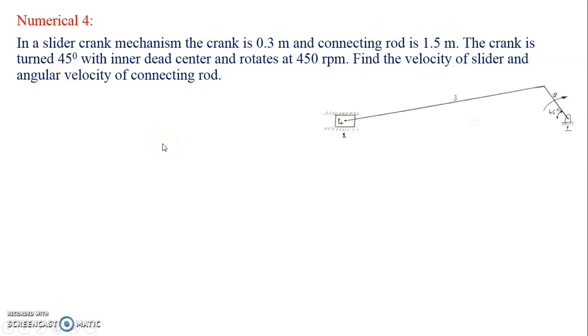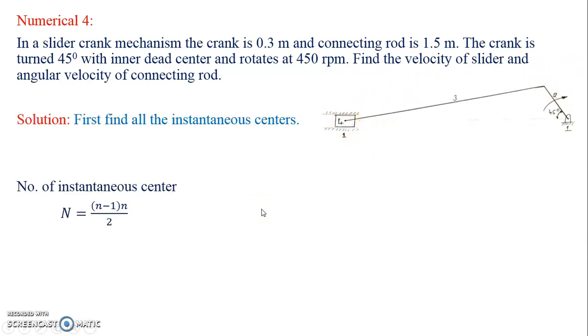So with that in mind, you are supposed to draw the diagram. Again, first how to draw? Draw the axis line, identify this point A, then draw the link, that is the crank of length 0.3, 300 mm, at 45 degrees. Then the length of connecting rod is given. From here, cut an arc to get 1.5 and then complete the sketch. All the steps are the same, so I'm just going to skip.